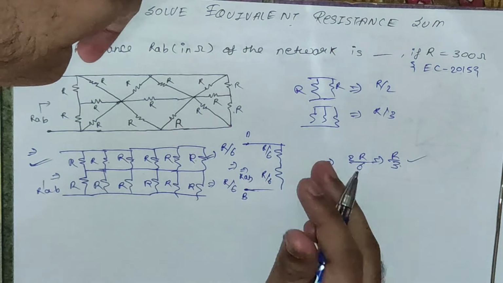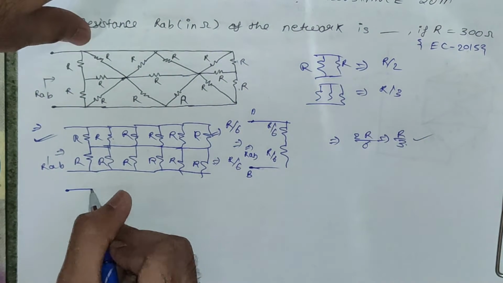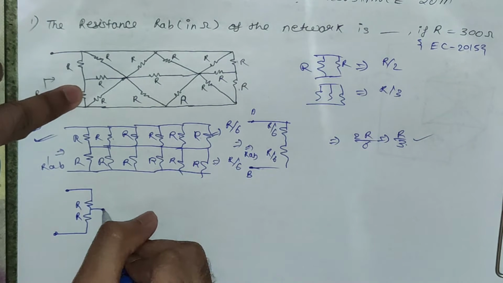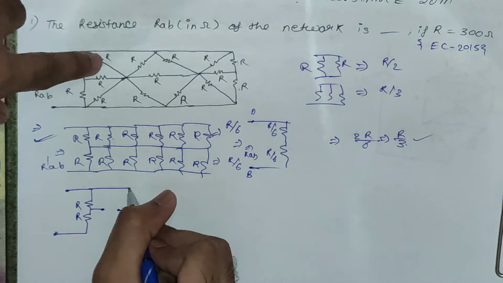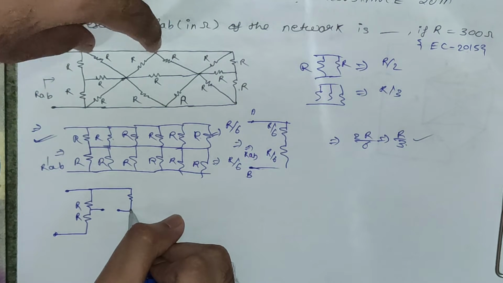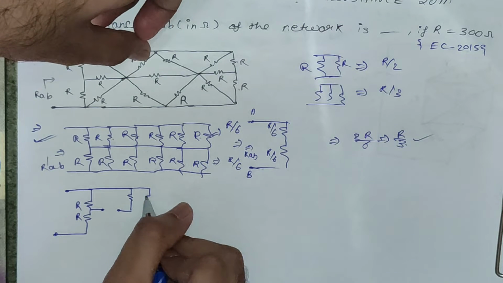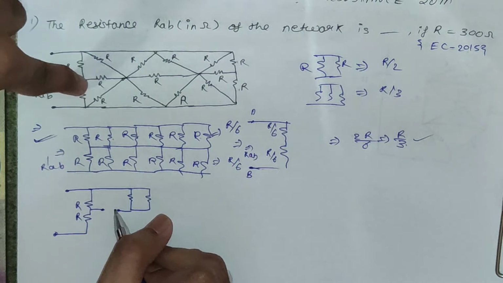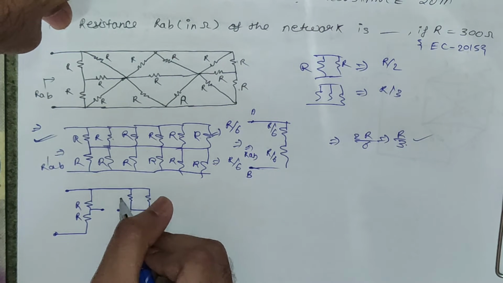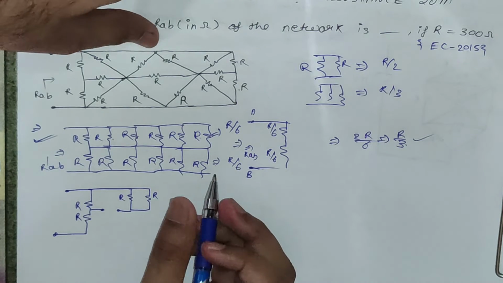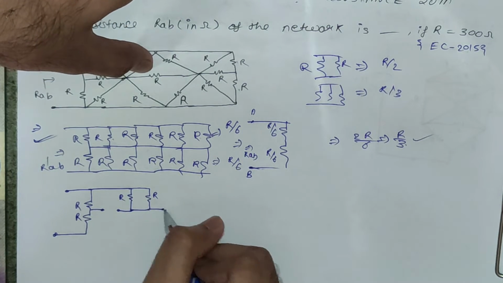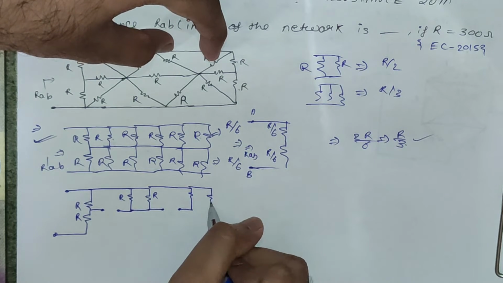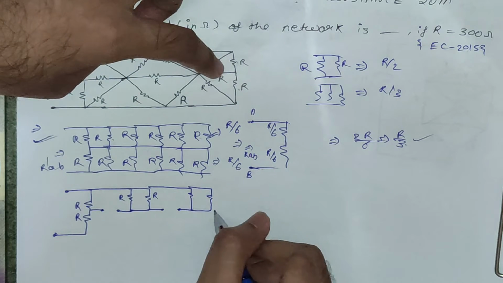We can use the open circuit concept also. So let's see that. So now we will get this R, this is our first branch R. Here we have opened this, and this R I am drawing like this. You can see now this R and this R will be parallel. This R won't be in parallel because there is an open circuit path here. If it was connected, all 3 R would be parallel, but now we have only these 2 R in parallel. Similarly we have opened this R, and now we have these 2 R in parallel. Now we will open this one.